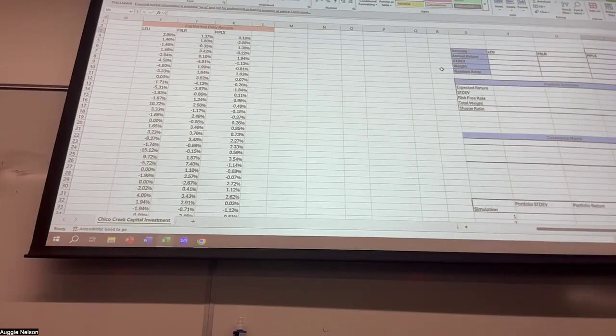All right, so once you've got that table set up with your tickers, the first step is to calculate the